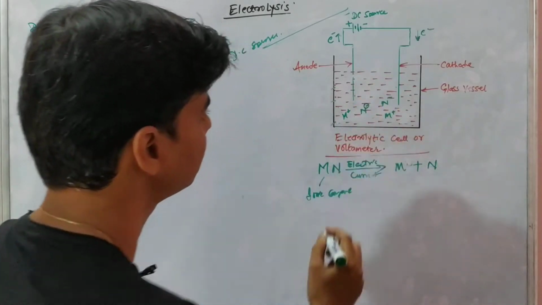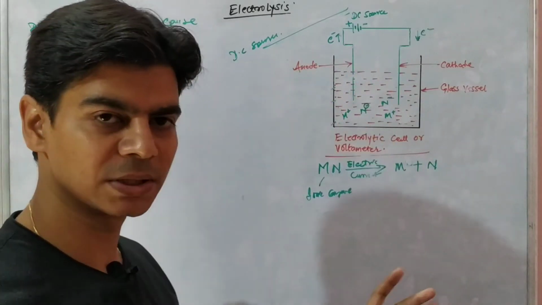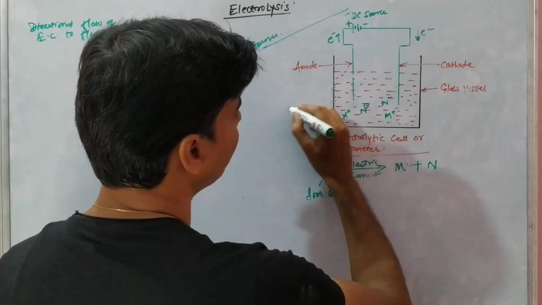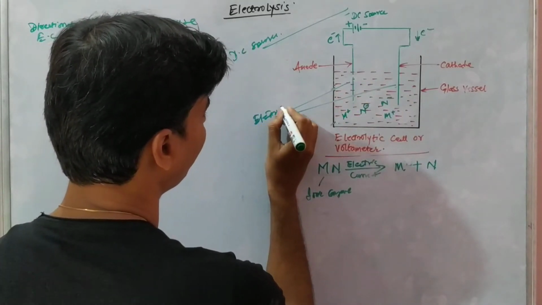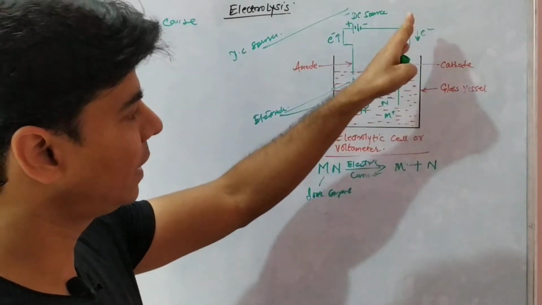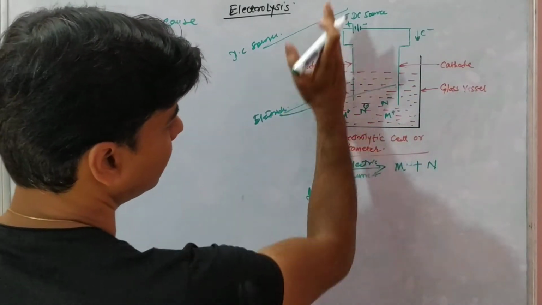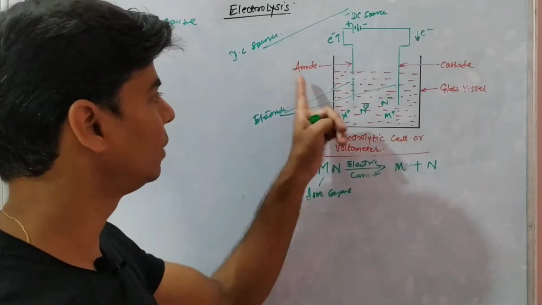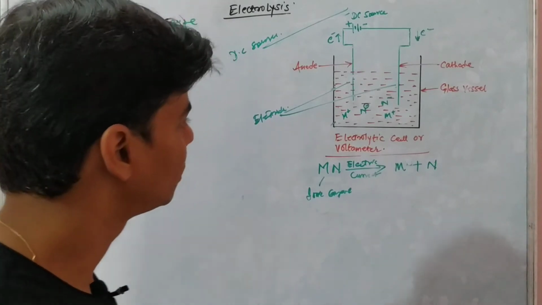I'll just document some of the things. These metal rods, we've just missed some part. These metal rods are called electrodes, right? And the negative electrode through which current enters the electrolyte is called the cathode, right? And the electrode through which current leaves this electrolyte is called the anode, right? Anode is the positive electrode and cathode is the negative electrode, right?